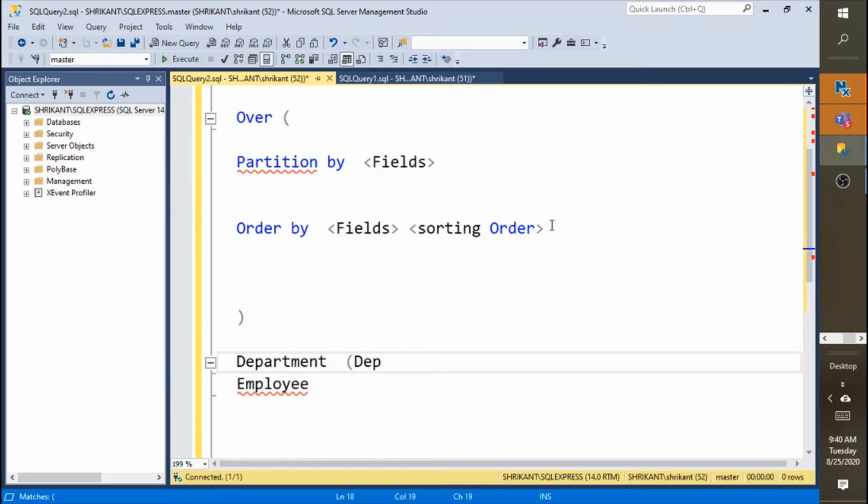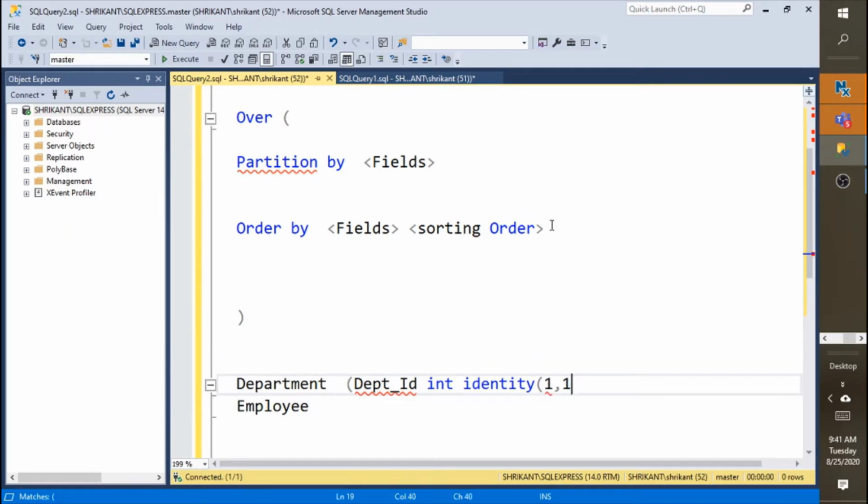The first column is dept ID, which is int and an auto increment number, so we write it as identity with seed value 1,1. And the name would be the department name, with data type varchar of 200, as it stores string data.